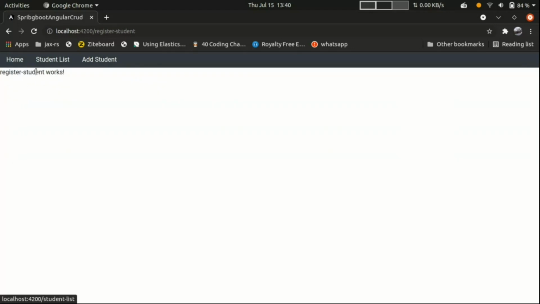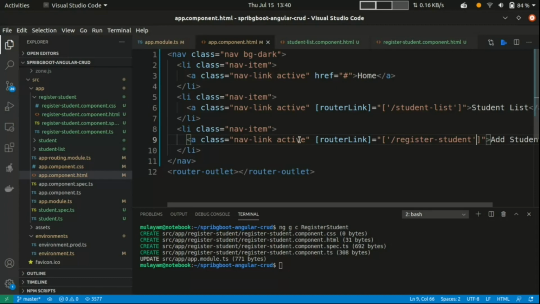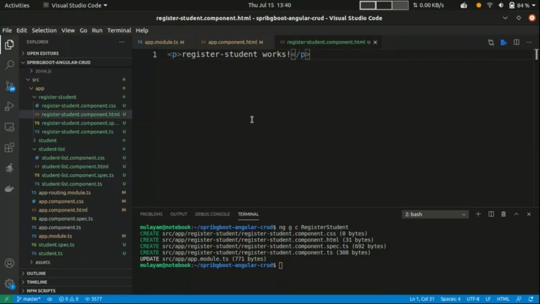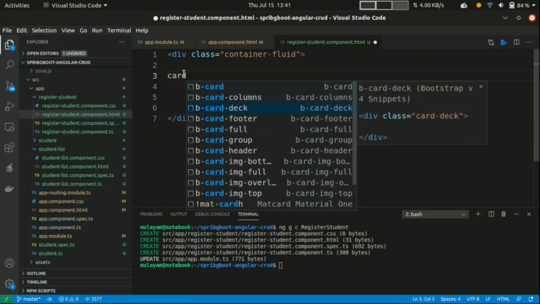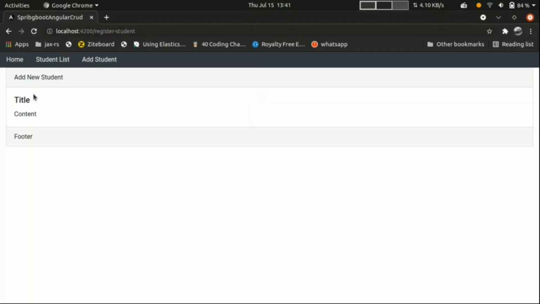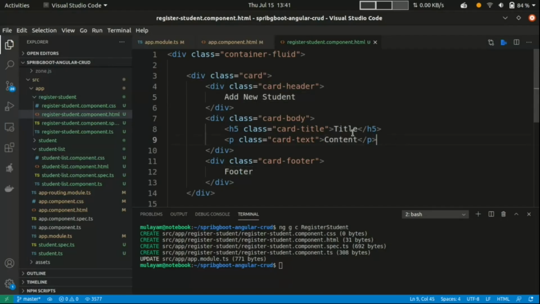Now when I click here, I'm seeing the content of our register student page. Let's create one form here. In the container, write one card, and in the card header add new student. Yes, we can see new student.